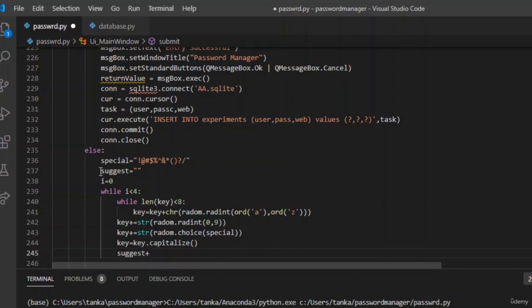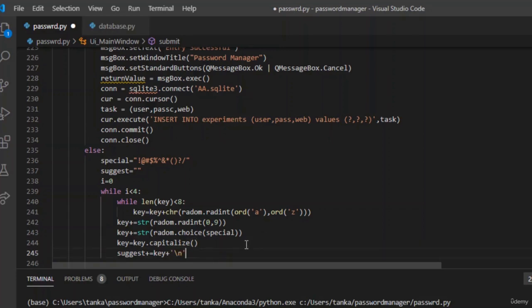As I created a variable called suggest, at the end of the 4 iterations its length is going to be 4, I mean 4 suggested passwords. So suggest plus equals key plus the next line. Rather than creating 4 variables, the algorithm works by concatenating all the 4 characters by line. So we are going to use \n so that at each iteration it's going to go to the next line,